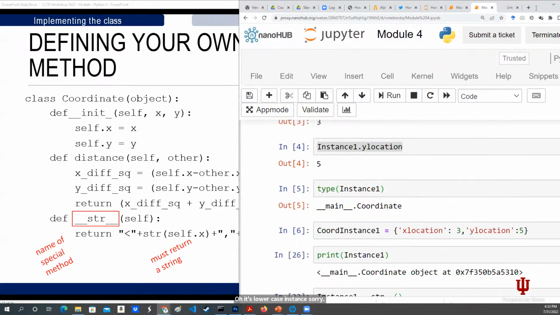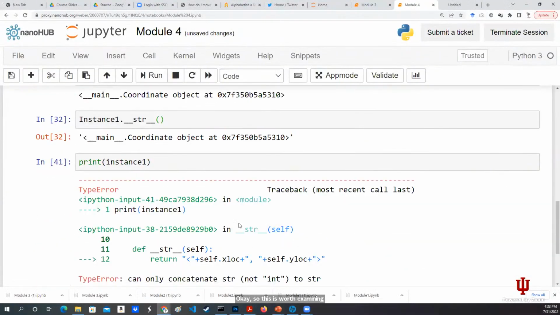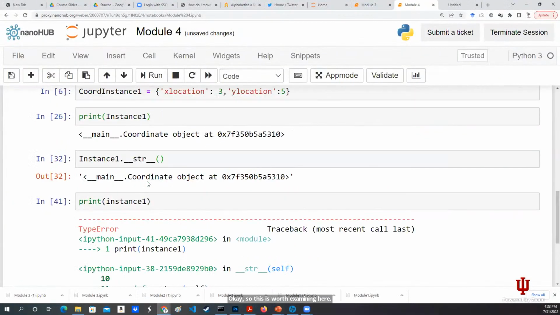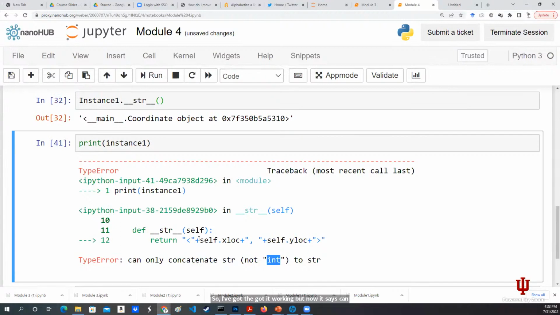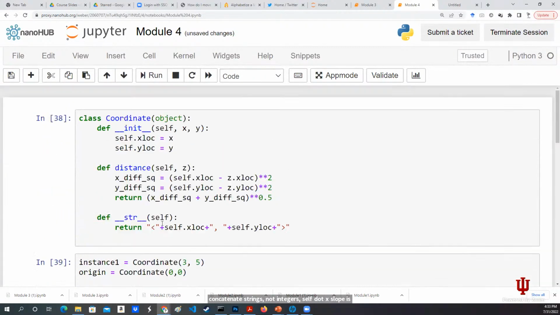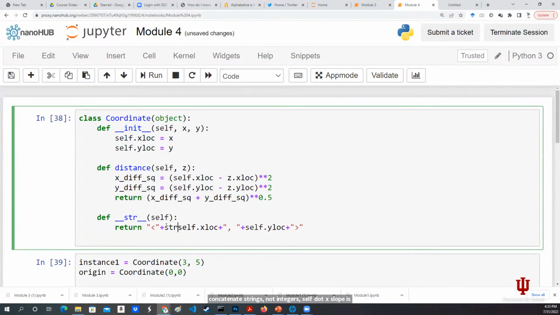Okay, so this is worth examining here. I got it working, but now it says can only concatenate strings, not integers. self.xloc is an integer, so I have to convert or cast that to a string to get this to work. So a lot of little things can go wrong, but if you don't panic,